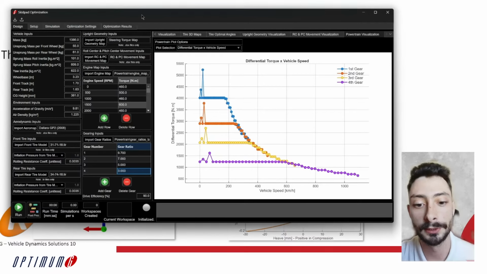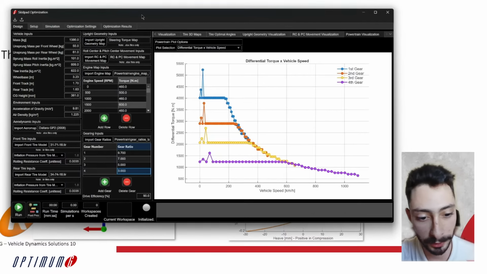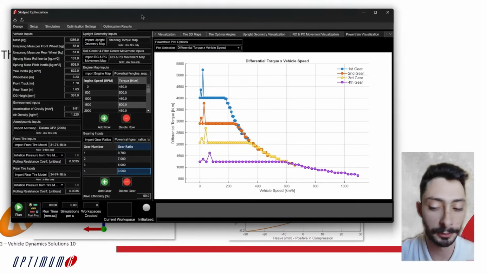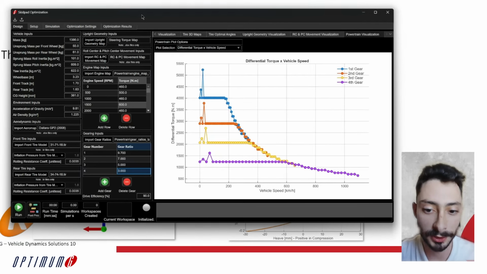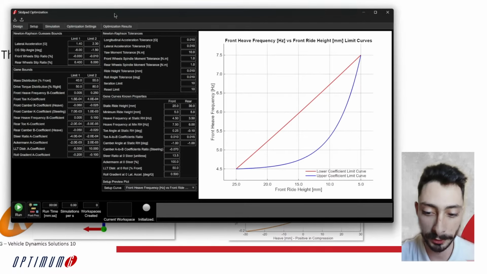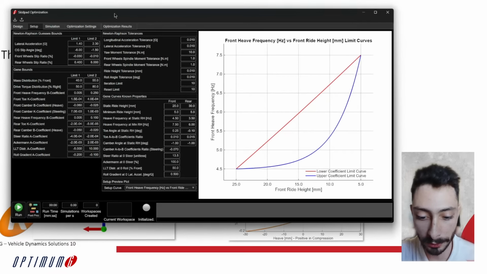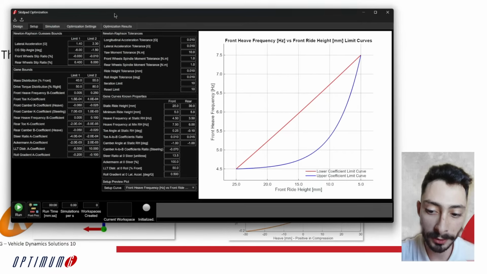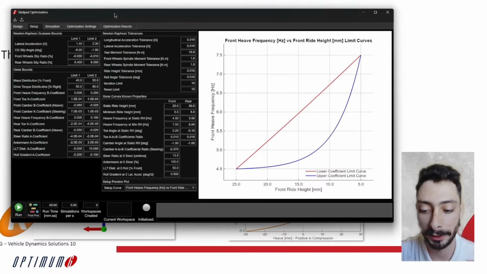Okay, so these are some of the vehicle inputs that we have available here. Again, all of these will not be changed throughout our optimization process. This is a starting point that we are feeding into the algorithm. Then after that, we are going to go into the setup portion of the software. This is where we are going to set the boundary regions for our optimization algorithm. So what the algorithm is targeting to modify to get to a better result is